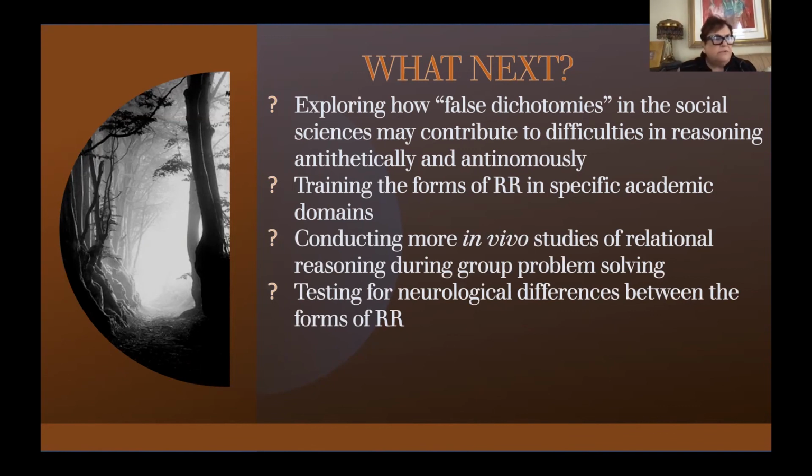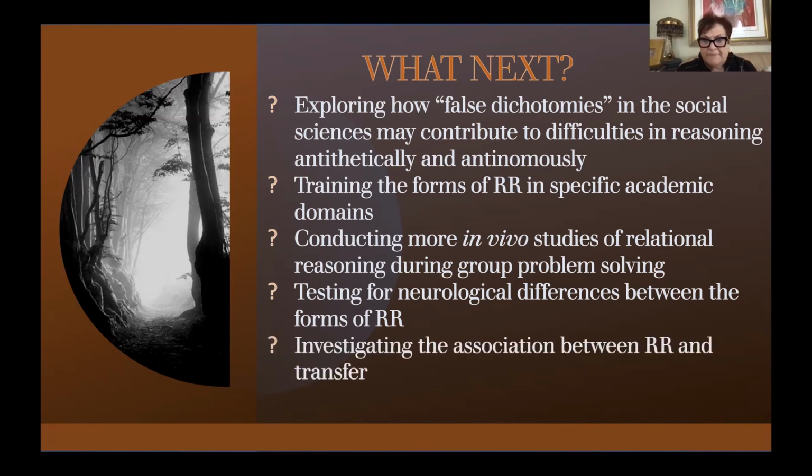The one thing I have not been able to do, and I haven't gotten my colleagues here at Maryland to jump on board with me about it, is I really want to understand. Right now, I can talk to you about the differences theoretically. I can talk to you about the differences in the assessments. I don't know how it neurologically differentiates, or if they do. Does analogy and these other forms look the same when you do fMRIs or whatever else? I really want to know, is there a neurological difference that comes into play?